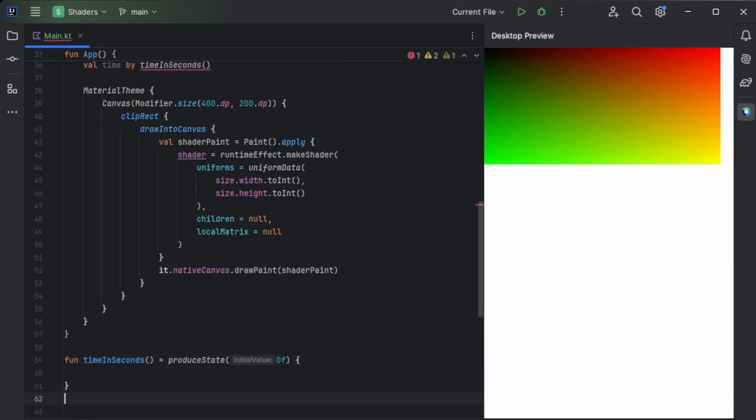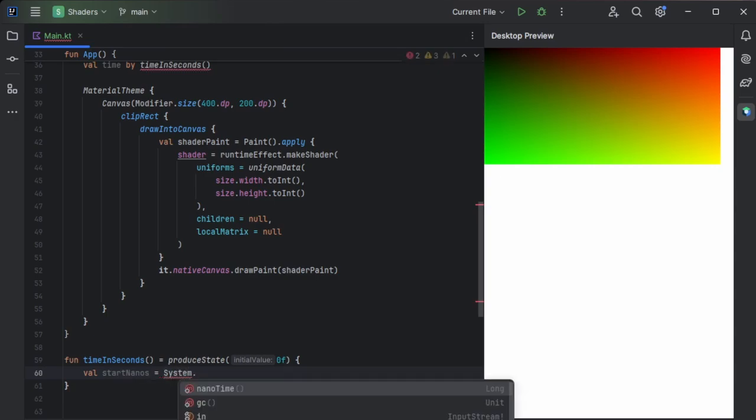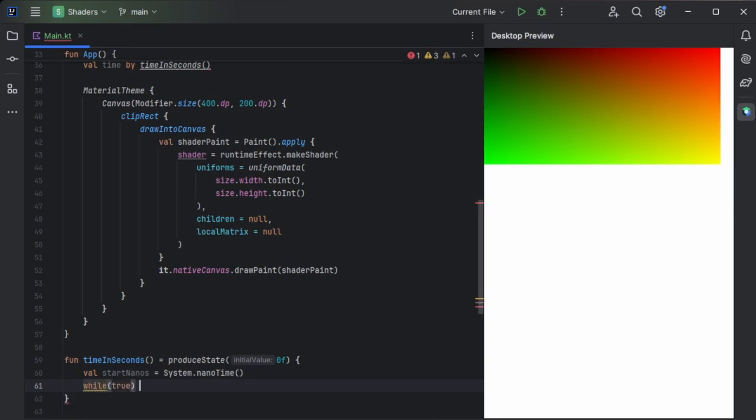So it starts at time 0, and we save the time at the first frame, which will be the start time, and then for every frame